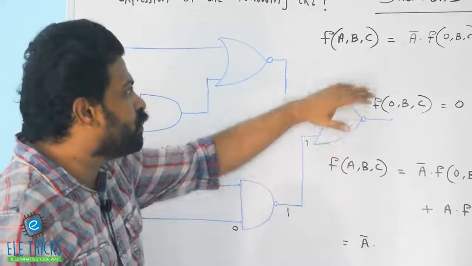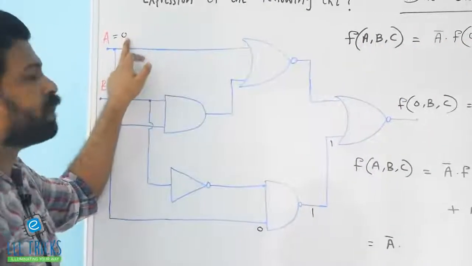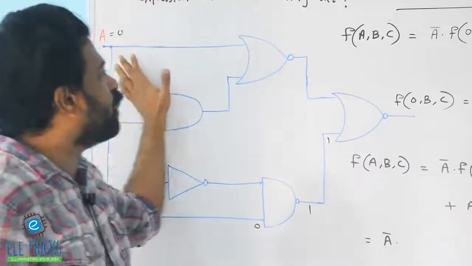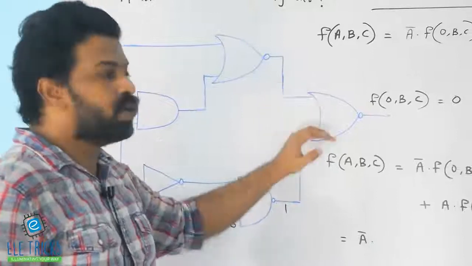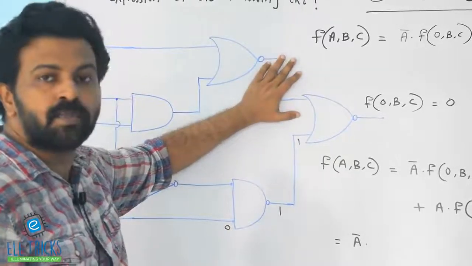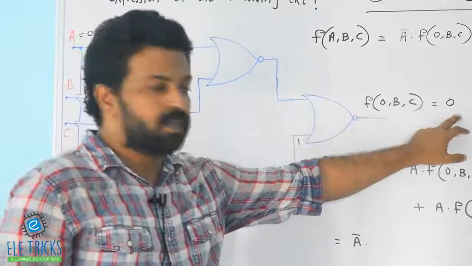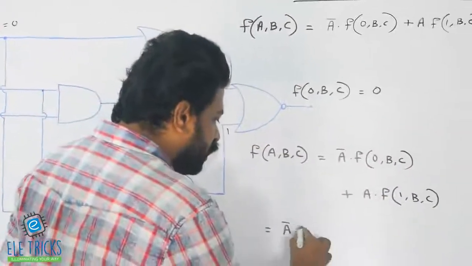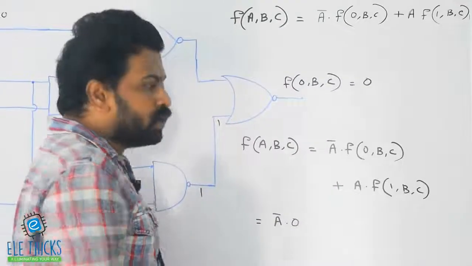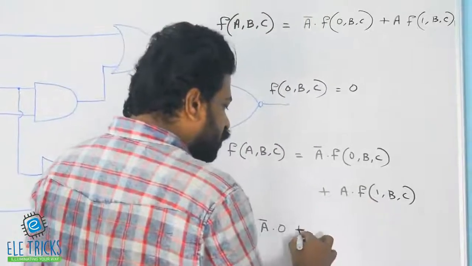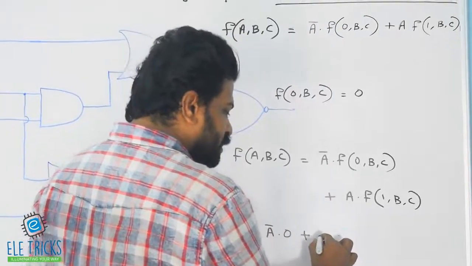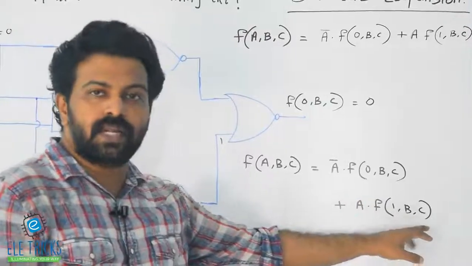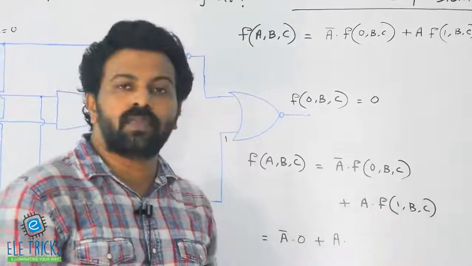So that is the beauty of applying this one. Whenever one of the inputs happens to be 0, it completely eliminates the calculation of one of the entire line. So you need not worry at all about this particular input. So this becomes equal to 0. So we have got this particular term equal to 0. We can substitute it here. So it is a bar into 0. We need to look at the other term also. So a bar into 0 plus a into, now how do we calculate this particular term? That is f of 1 comma b comma c.